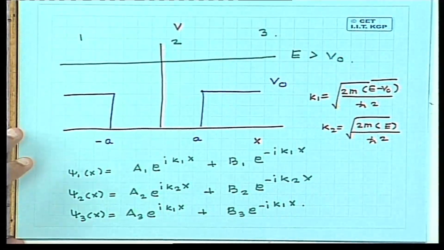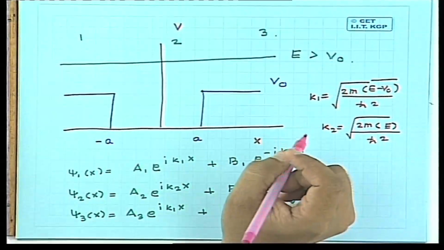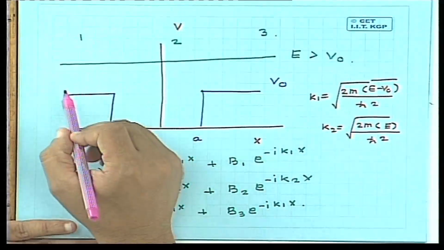And the situation is as follows. It is like when you send light through a medium. Say you are sending light through a piece of glass, a slab of glass. What happens when light goes from vacuum into the slab of glass? The wavelength of light changes, right? And then when it comes out, the wavelength of light changes again. This situation over here is exactly the same.